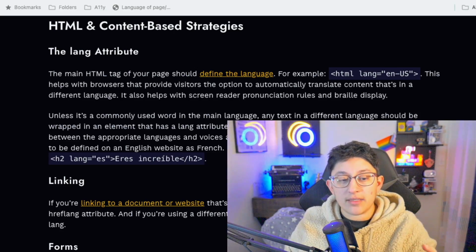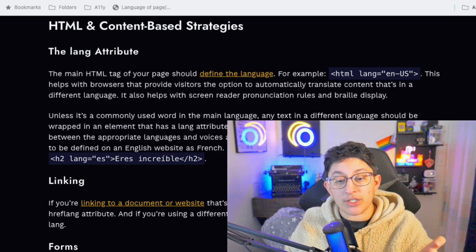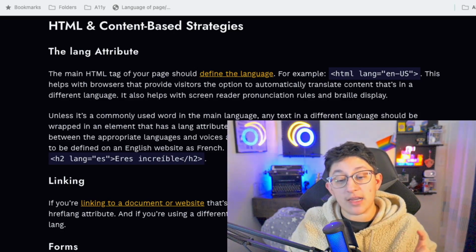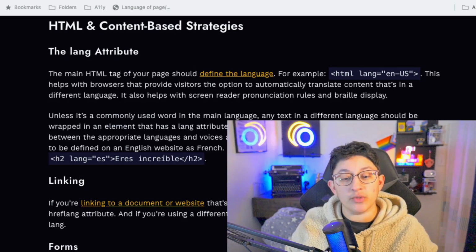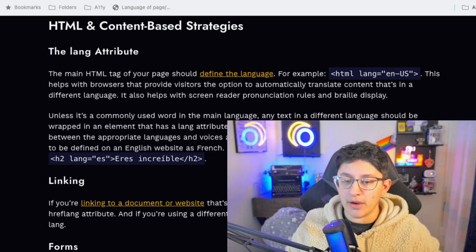This highlighted text that's on the screen right now is actually a code snippet. And so anything that's inside of a code snippet isn't going to be read as actual text to any kind of browser, screen reader, etc.